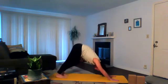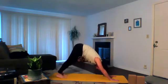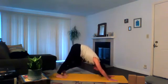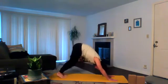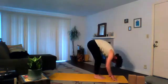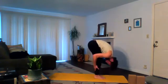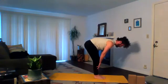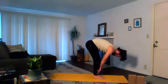Taking a moment to stay here, trying to find new depth in this down dog. On your next inhale, slowly walk yourself to the top of the mat. Exhale, fold forward. Inhale, halfway lift, nice flat back. Exhale, fold it